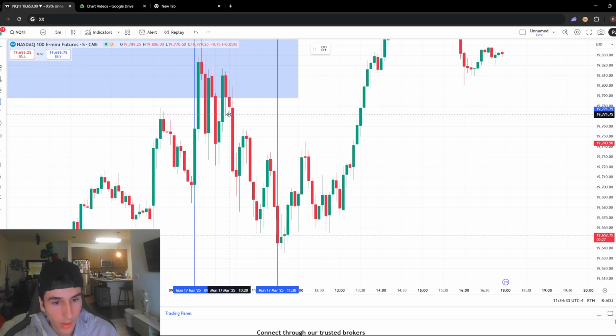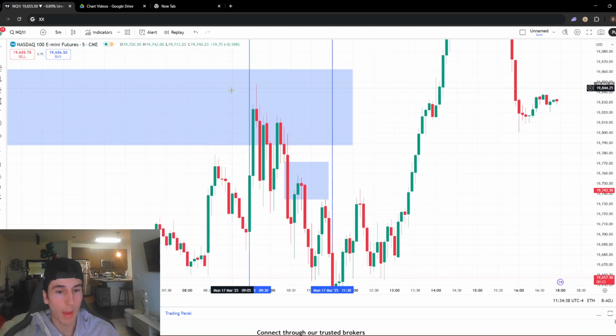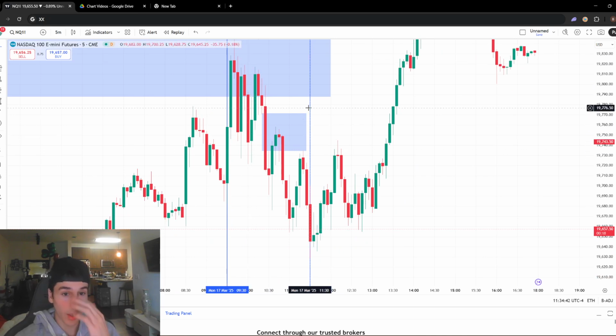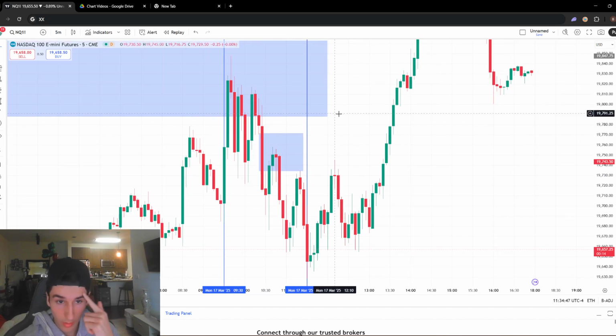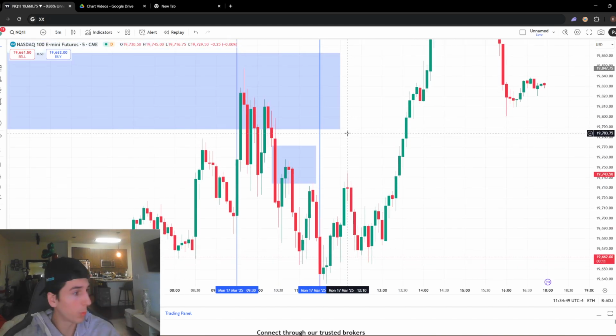What we did, identified this fair value gap right here. So we already saw price tap into this imbalance. We filled it. We respected it. We're starting to break structure to the downside, making more lows, lower low, lower low, lower highs as well. Next thing we do,